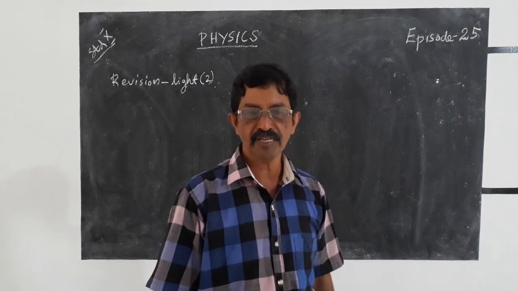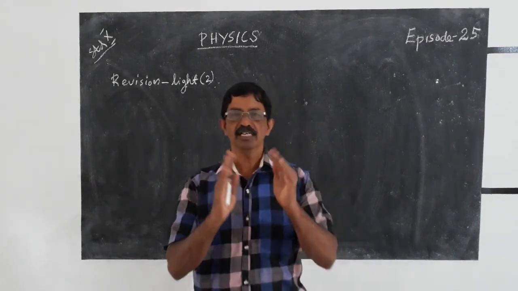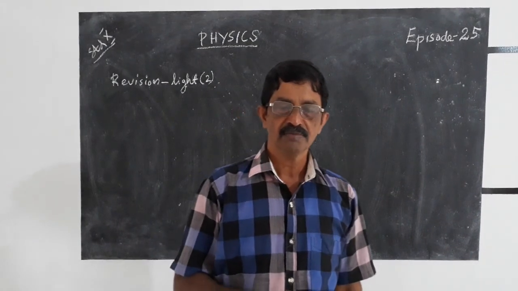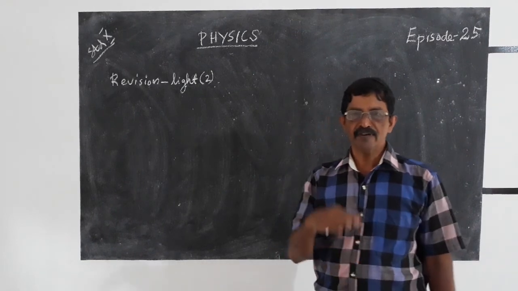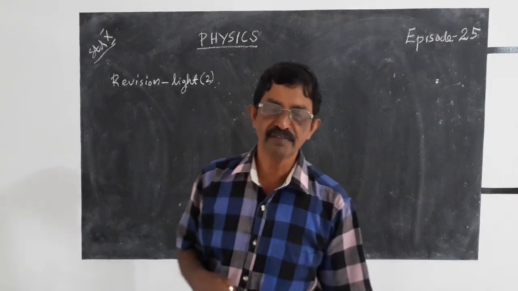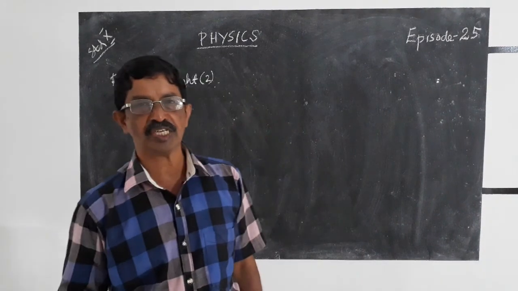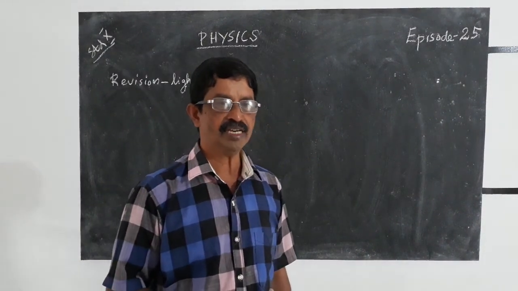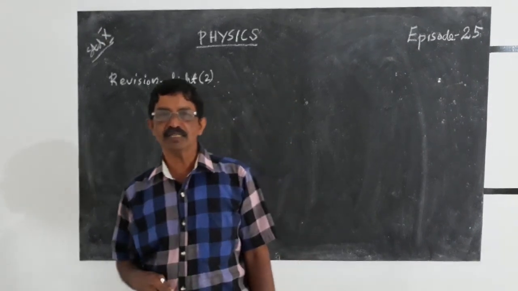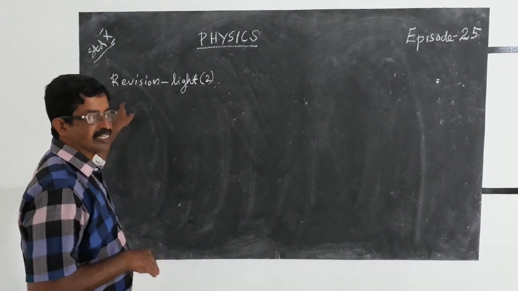In our previous class we discussed how the image is formed by a spherical mirror for different positions of the object from the mirror, and how we got the image and the nature of that image also. Now we want to discuss more about that. That means how we get that image